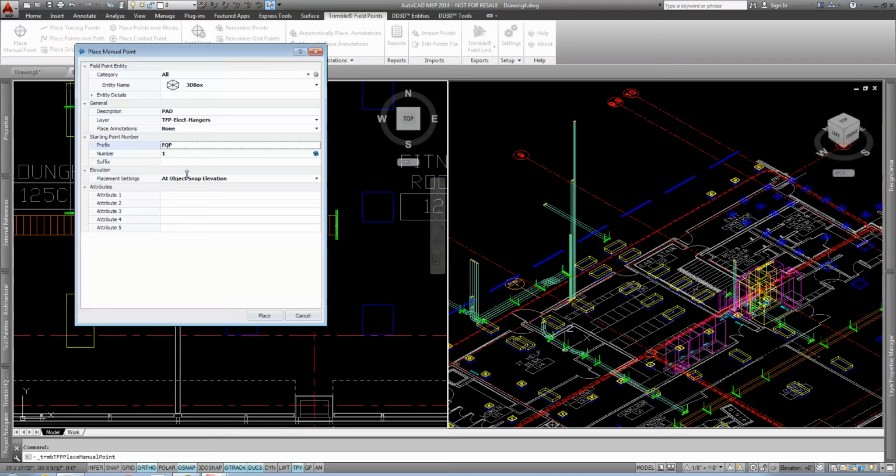What's really nice about this is you have this little refresh button here, okay? So if I move on from doing equipment pads and then, hey, there's another one I forgot to do, I don't have to go searching to see which one the last one is. All I have to do is hit refresh. If you have a prefix, number, and a suffix, it will find the last one with that same prefix and suffix, and then refresh this to be the next one. Okay, so you don't have to keep track of what numbers you're at. As long as you keep track of the prefix and suffix, make sure they're the same, then it's going to work. So if I do electrical,